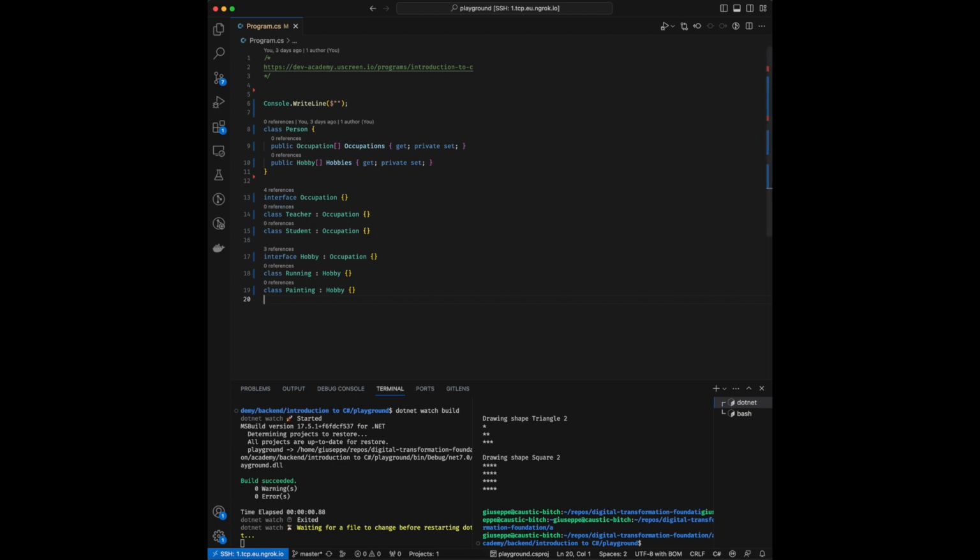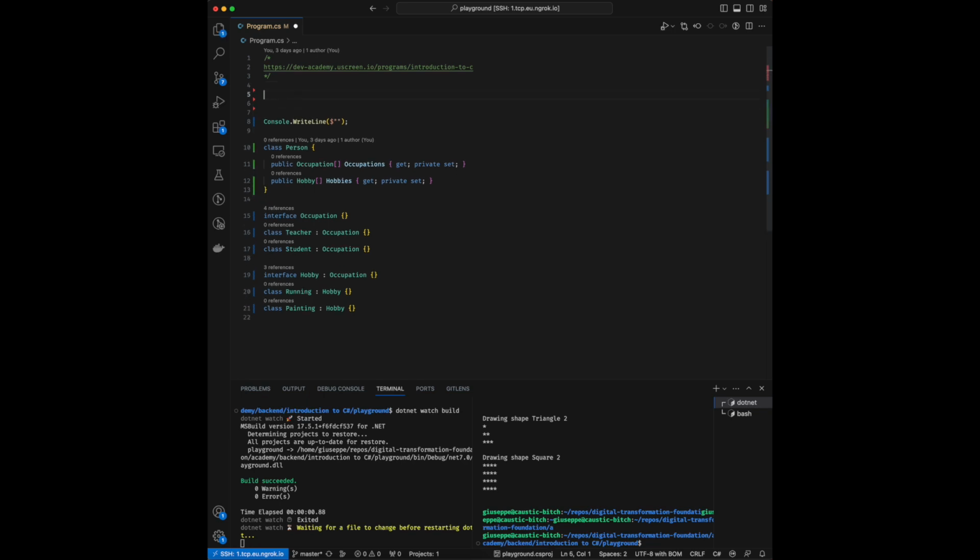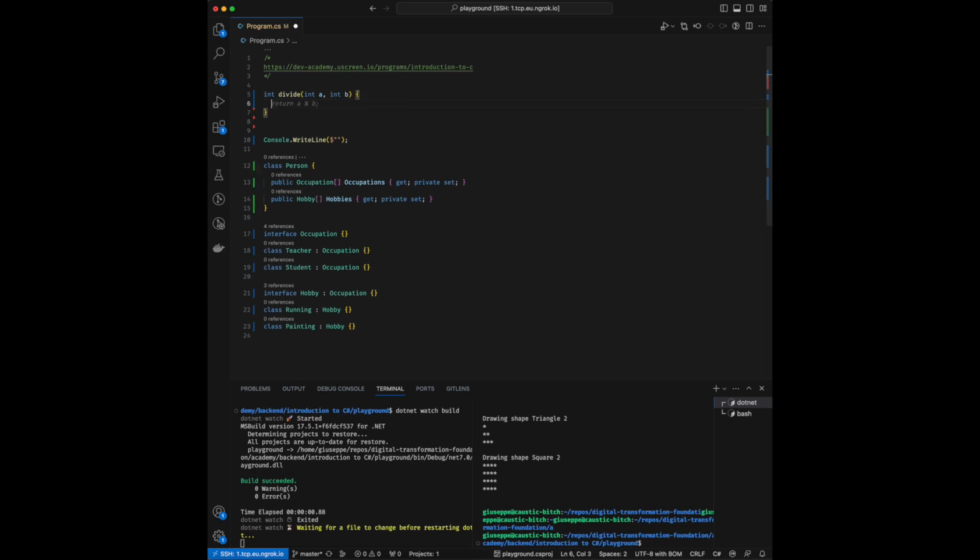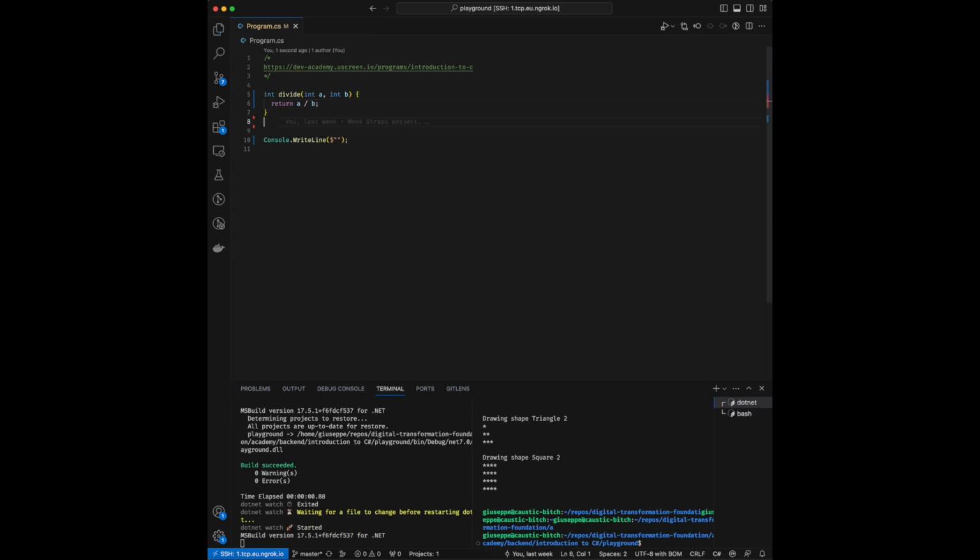Alright, now let's say that we have a divide function. Divide takes as input a and b and returns a divided by b. Okay, so nothing particularly exciting,